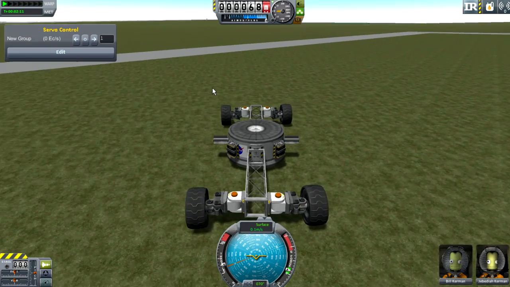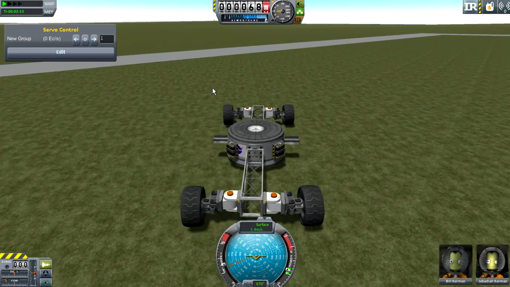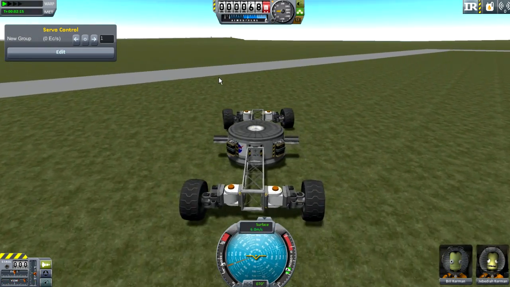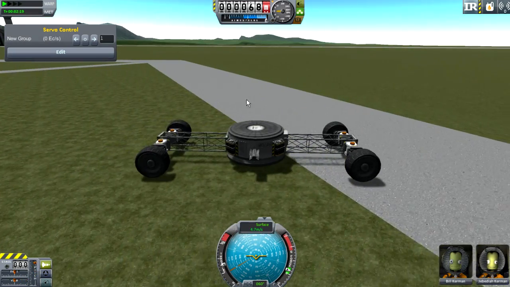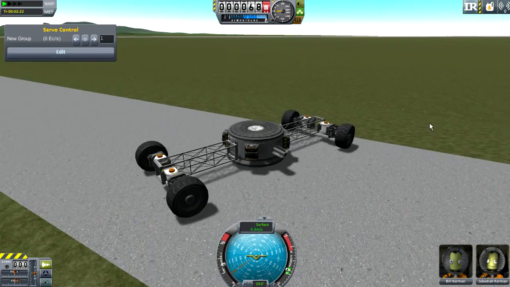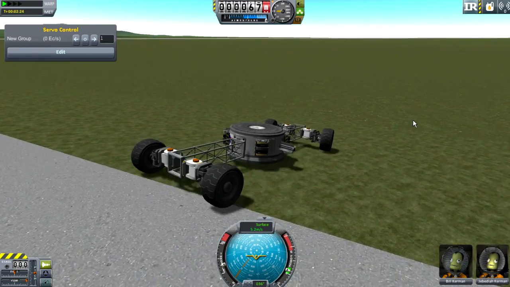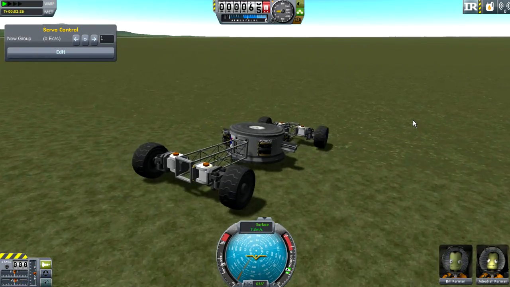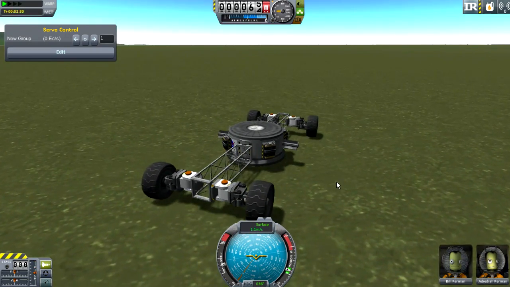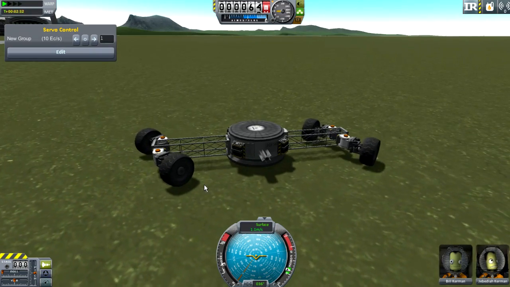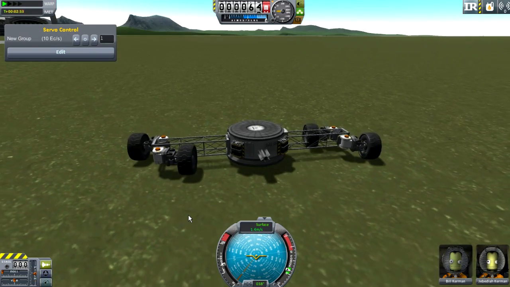So here I have another very interesting contraption. As you can see, this works just like any normal rover for the most part. It can steer left and right and go forward and backwards. Now what's different about it is I have these hinges. So as you can see, I can actually rotate the wheels sideways